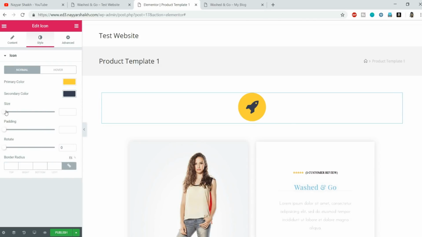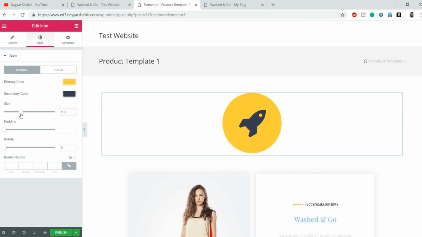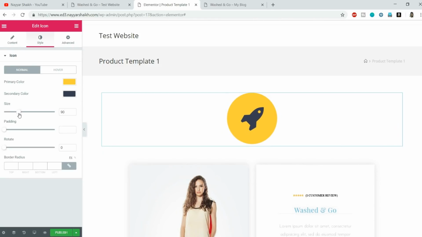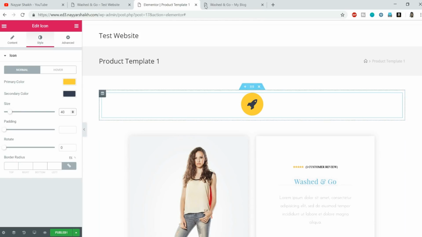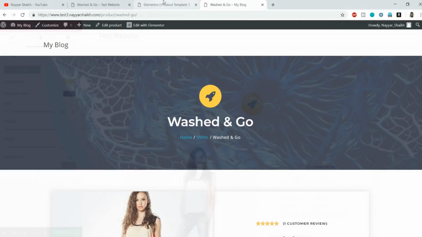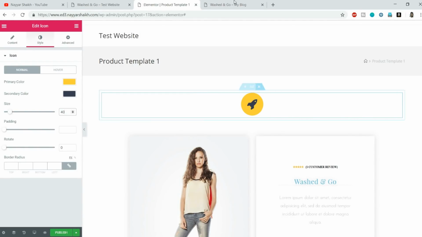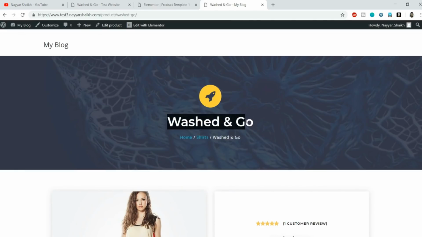Now we also want to change the height or the size from here. So as you can see, you have many options. You can make it 40 because that is what I have used in the demo website. This is 40 pixels. Now after that, what we need to do is we need to add this title, but